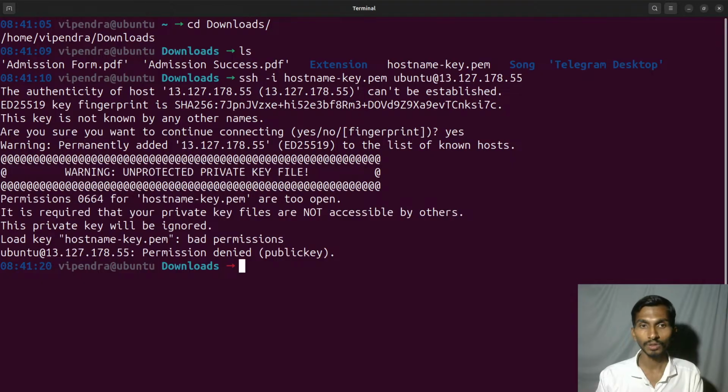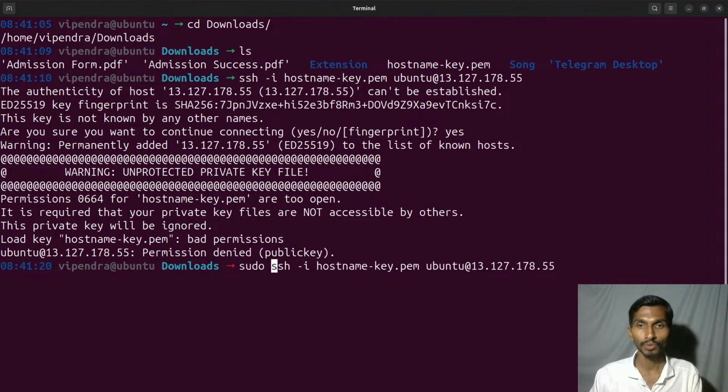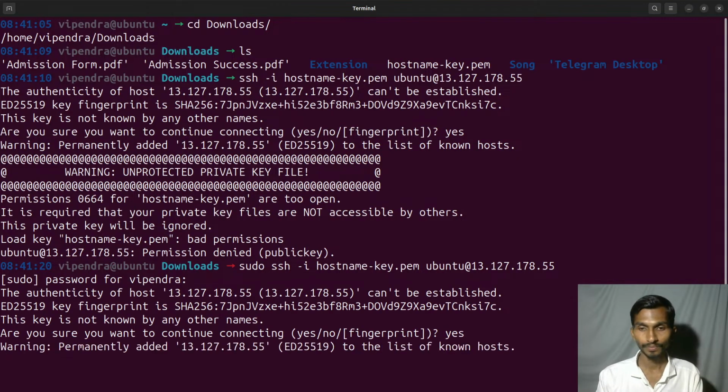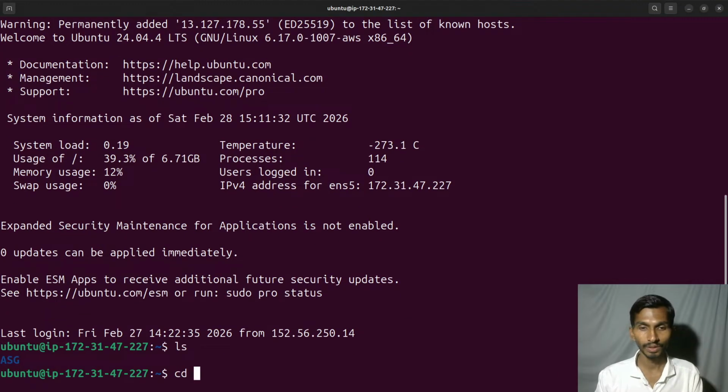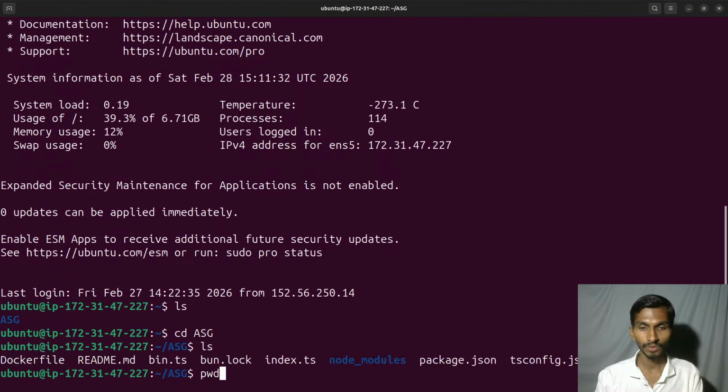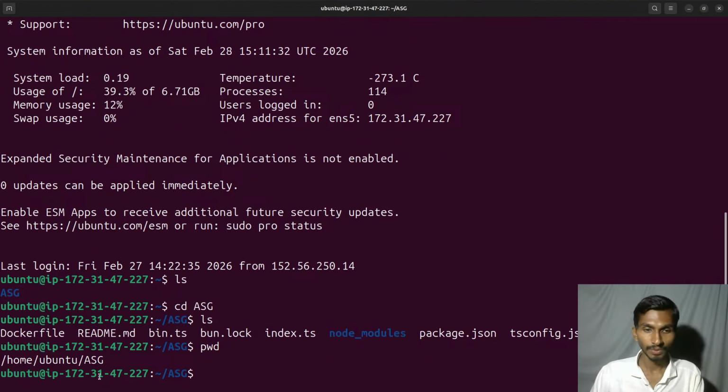Yes, I'm not gonna be allowed. I'll have to just add a sudo over here, unprotected private key file and all, whatever. Yeah, we are in. Yes, and right now I'm inside that. cd asg, ls, present working directory. This is the present working directory. I'm gonna be